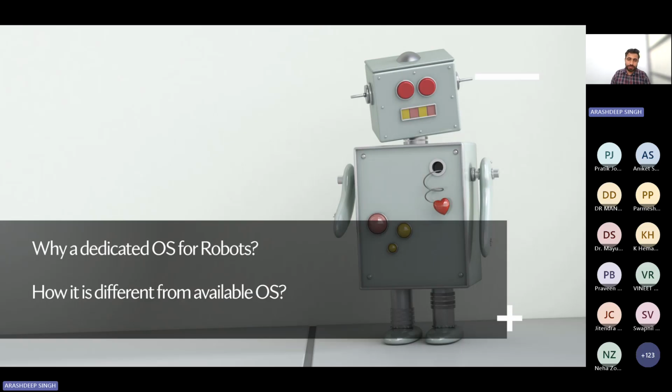Now you may have some questions, like why a dedicated operating system for robots, and how it is different from the available operating systems we are using, like Android, Windows. It is not doing something real in the environment. It is not manipulating the environment. If our system crashes, there is no harm to any human or in any actual environment. But a robot is an